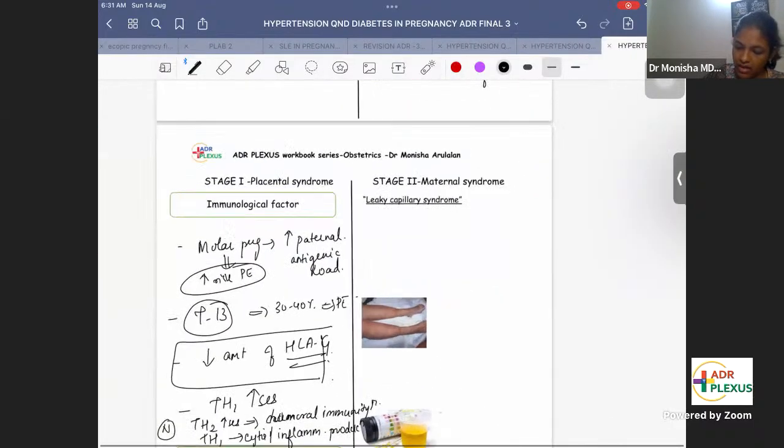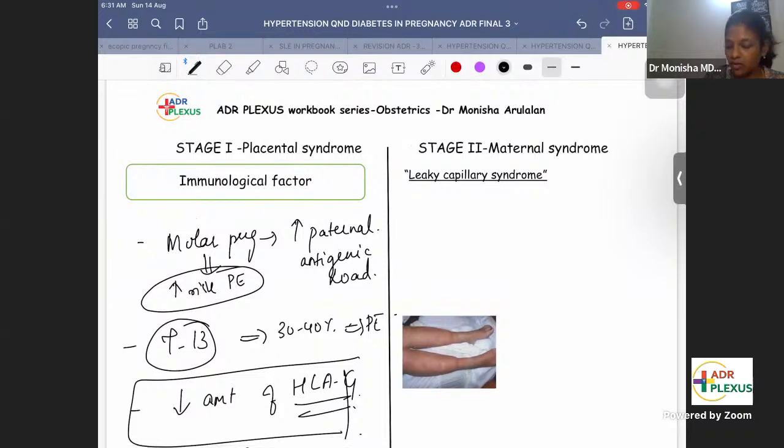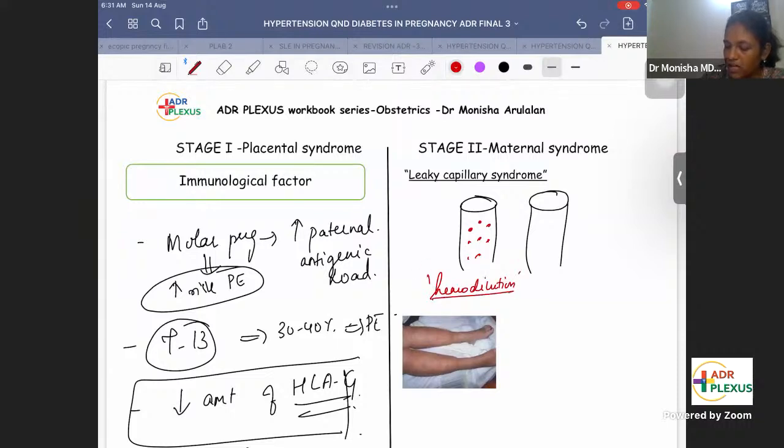Next is capillary leak syndrome. As I said, there is continuous endothelial damage, so the capillary becomes very leaky. What happens when the capillary becomes leaky? Normally, in a normal pregnancy, there is hemodilution. Why is there hemodilution? It's mainly to combat the PPH, or the blood loss that occurs after delivery. So there is hemodilution. Whereas in case of